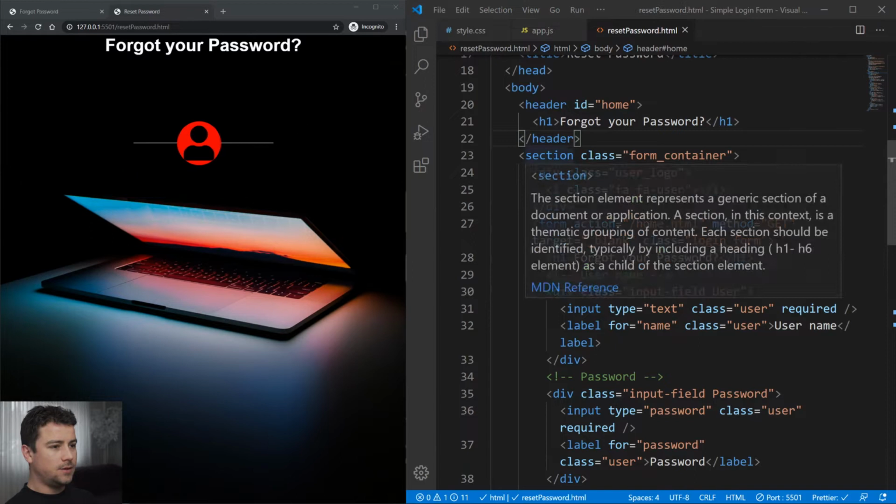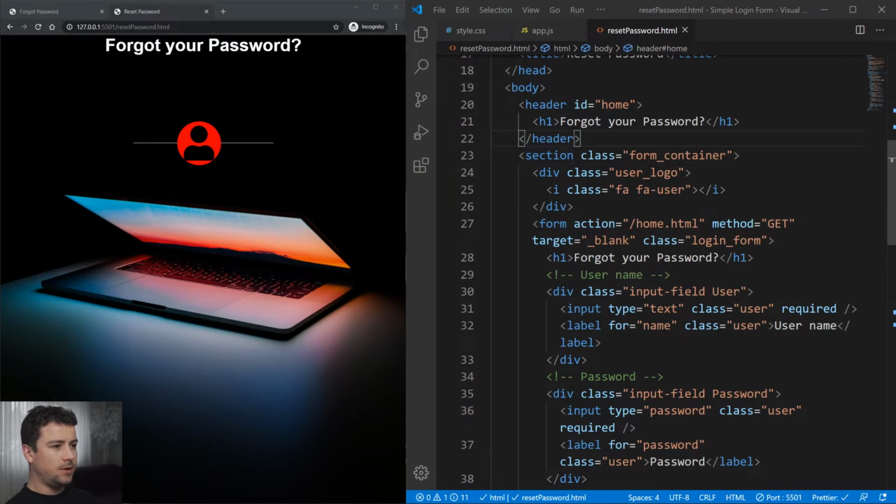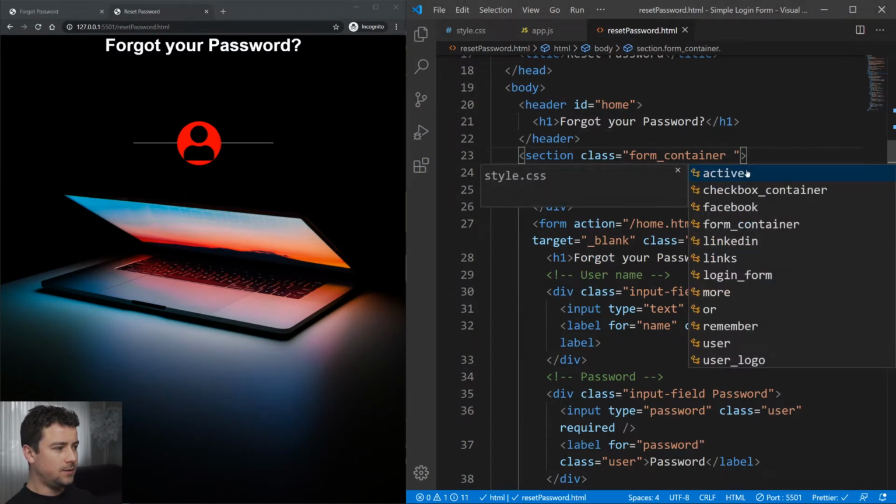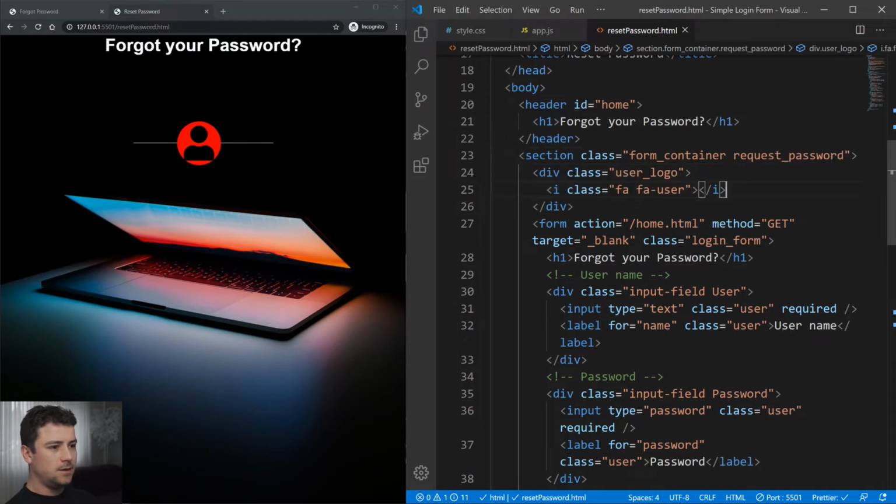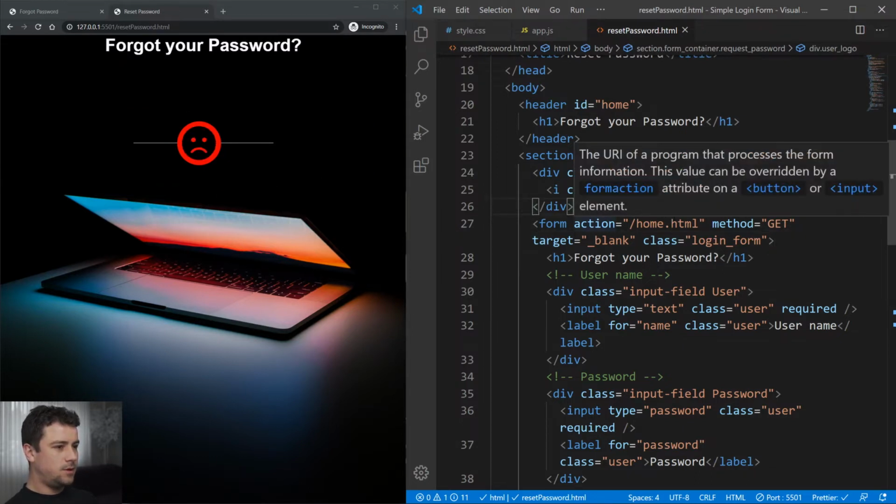Now to this section with the class of form container, we'll add another class. So within the class, we'll add a, now let's replace this icon with a FAS actually, and FA from. This will give us this sad face. Okay, now underneath our